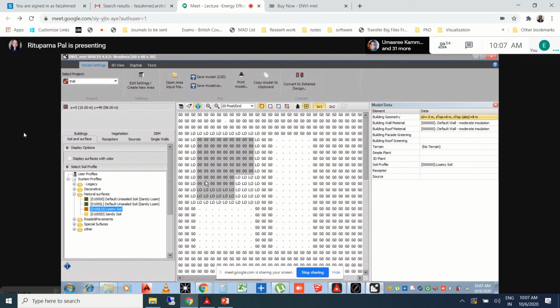So what you do, select this left marker here, and you select the area from where your loamy soil has got into your building. Select the right marker here, and select on the end. So can you see the difference? All the loamy soil in your building has been selected.